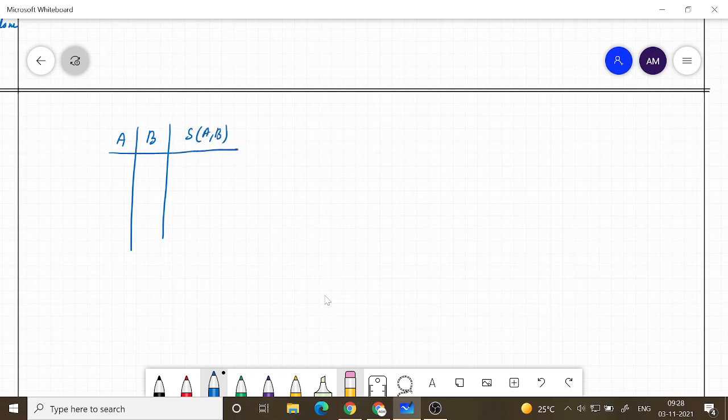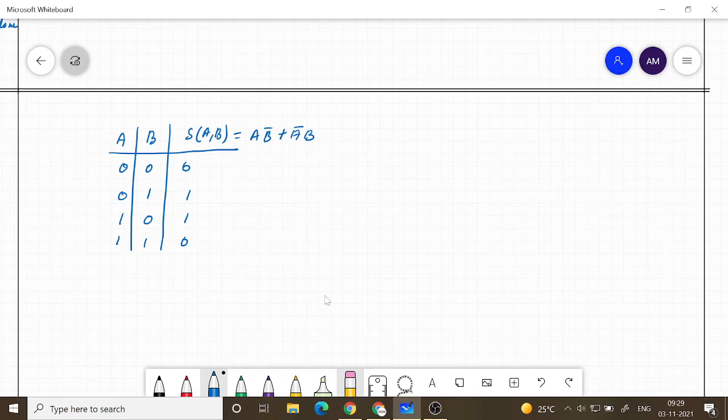So half adder is going to give you 0 0 will be 0, then 0 1 it will be 1, 1 0 will be 1, 1 1 will be 0. So this is the half adder. Whatever I wrote as A B bar plus A bar B, it's the same thing, the truth table. Now this way of writing is SOP form.